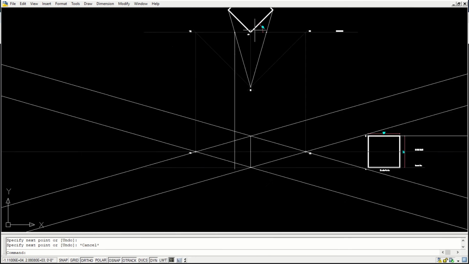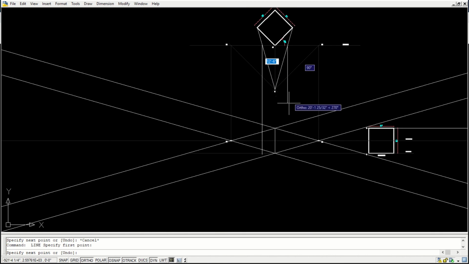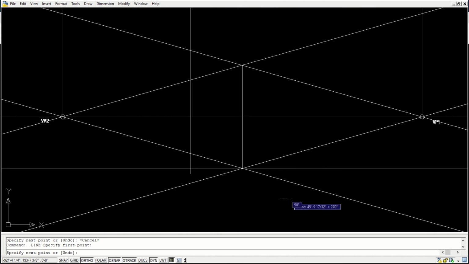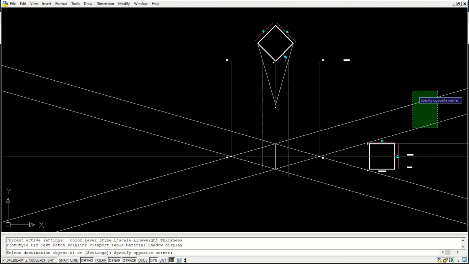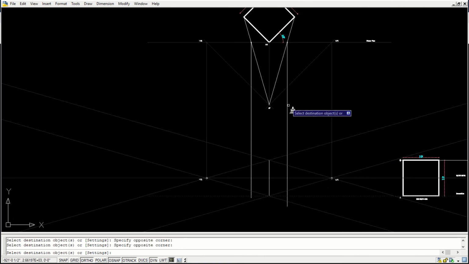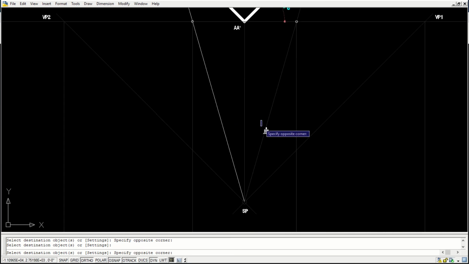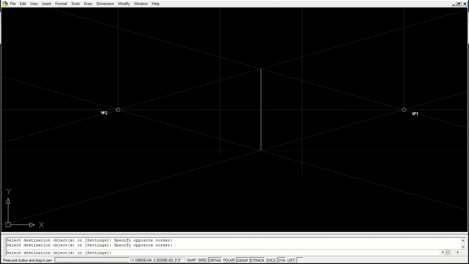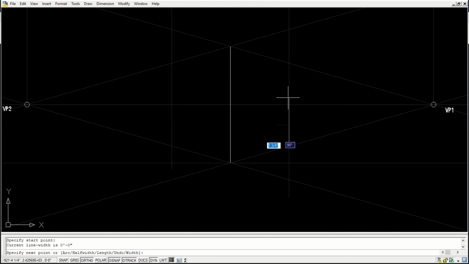I'm just drawing the projection line from here. I'll keep all this in hidden line so that we can highlight the object. So we have this vanishing point coming like this, and we have this edge generated. So I'll just complete this.